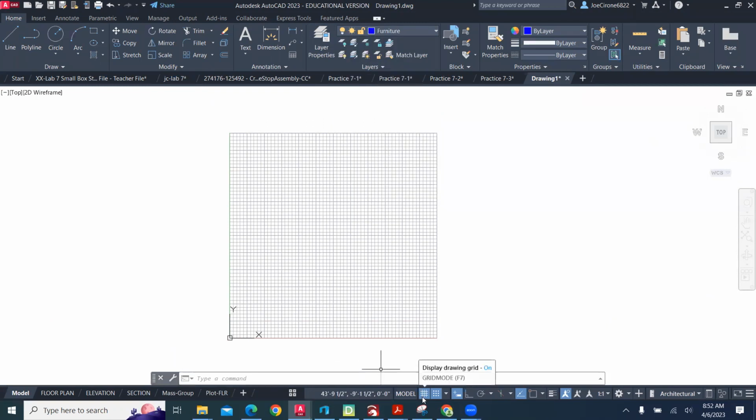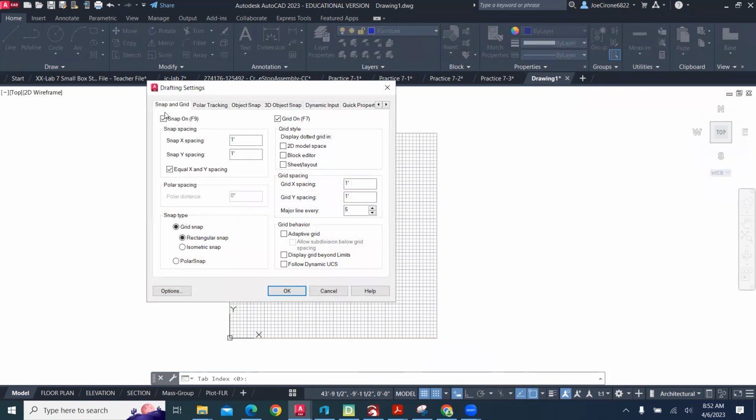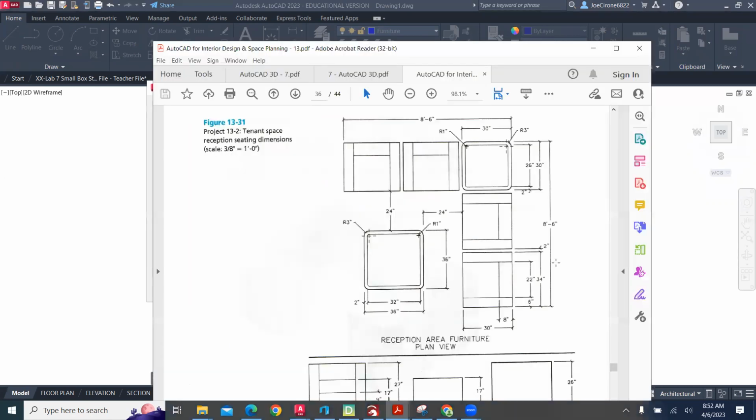I'm going to check my settings down here for grid and regular snap, and for OSnap. We'll enable that as well. Remember, we can go into our settings. And so all we have to do is click on this down arrow and go to our snap settings, and it'll take us to the drafting settings for snap. And if we look at the dimensions on the print, the dimensions are in inches and they're within 2-inch increments. So as we go through and we set this up, just so that we get nice even numbers,